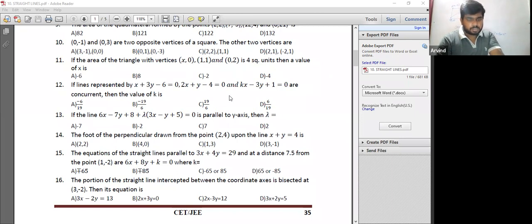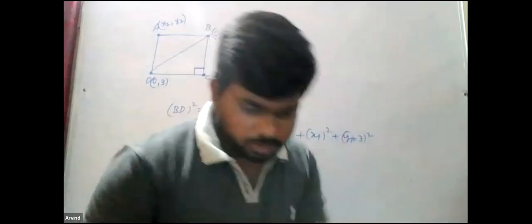Let's go to the next one, the 12th one. This is a very, very important one. There is a formula for concurrent lines, meaning 3 lines intersect at a point. If 3 lines intersect at a point, then they are called concurrent. The formula is